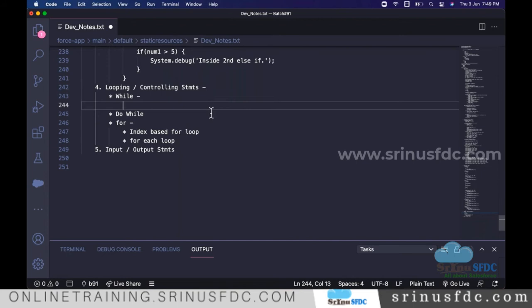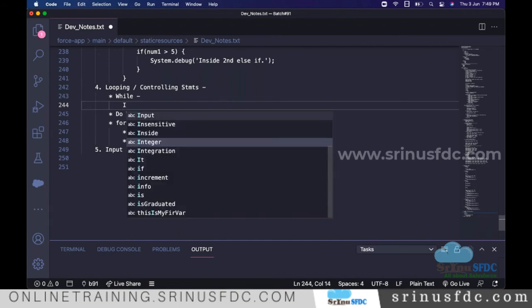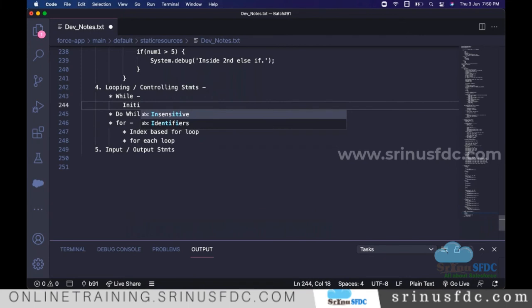The while loop, first initialization. So in general, when we deal with the loops, we go based on some counter number, right? So let's say you need to execute for 10 times. Right? First we start from 0, 0, 1, 2, 3, or start from 1, 1, 2, 3, right? Until it reaches 10, we allow to execute. So the variable which hold the count is very important. So that for initialization,